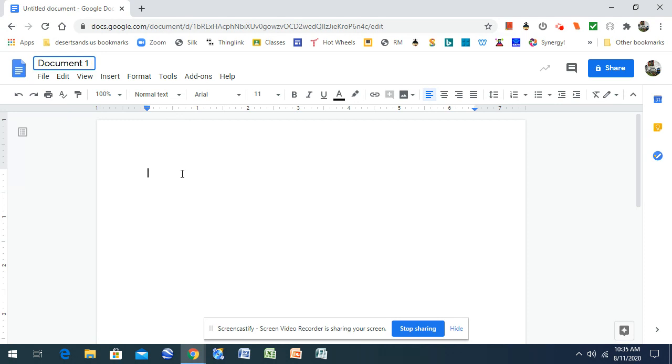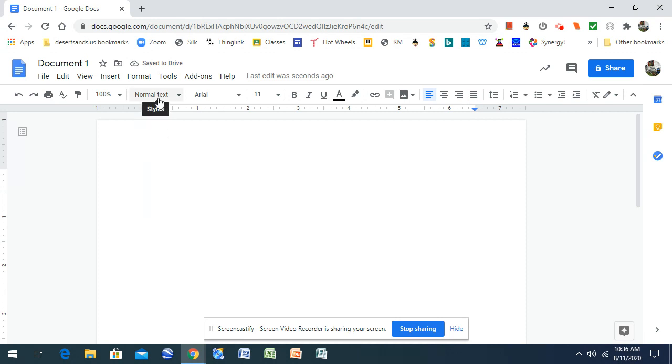Now, first thing we do when we get our documents, we want to put our names. Our names we want to put in the top left-hand corner. So for our name, right over here, here's where we look at left side, middle, right side. So it moves the cursor to the left, moves to the middle, moves it all the way over to the right. And justify means that as you type, it spaces it out kind of funny. Best used when you're using columns, which we will use this year. So we're going to start with our left align,